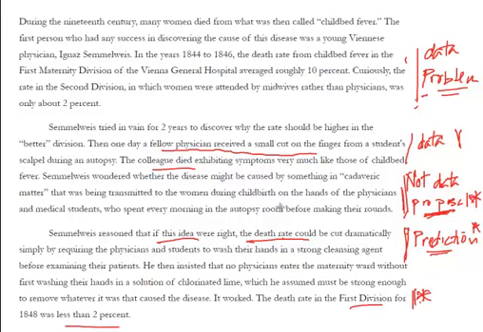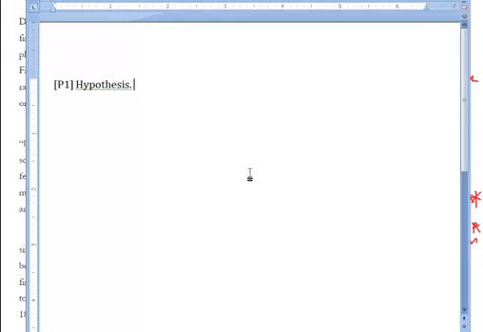And the basic idea that Semmelweis is proposing is that the doctors who are performing autopsies right before they go and examine these women are carrying something on their hands from the cadavers to the women, and that's causing the women to become ill with this childbed fever and dying at this unusually high rate. So I'll write this out as